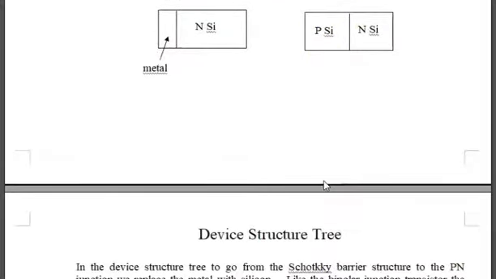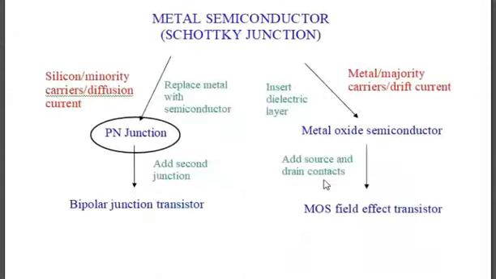It's drift current here, but it's diffusion current here, and it's the diffusion current which characterizes the overall current in the device. Okay, so we look at the device structure tree, and this is pretty obvious. We have the Schottky up here. We replace the metal with a semiconductor, and the important thing is that the doping in the semiconductor must be different on the two sides. If we have N on the right, which will be the standard form, we'll have P on the left. Of course, we could reverse it. We could have NP, but then we wouldn't say p-n junction, we'd say NP junction. Well, we're going to say p-n junction, and we're going to use the standard notation where the P is on the left and the N is on the right.